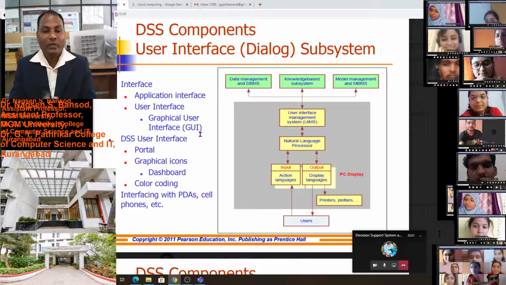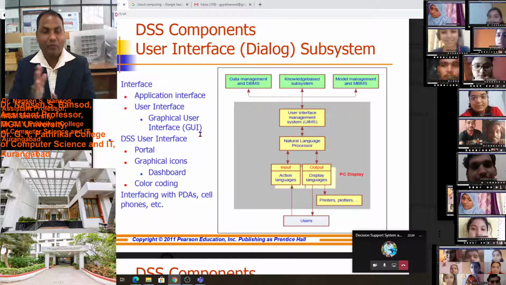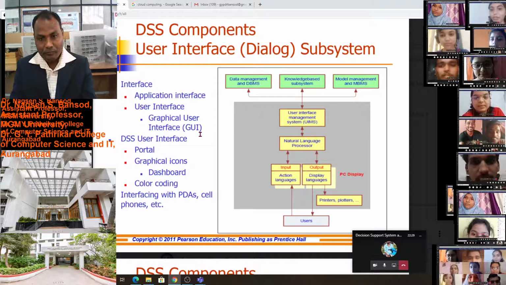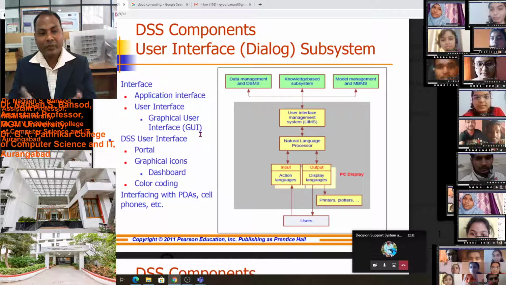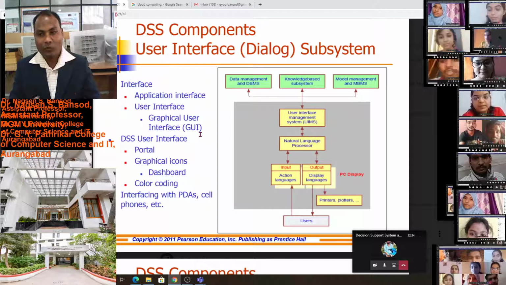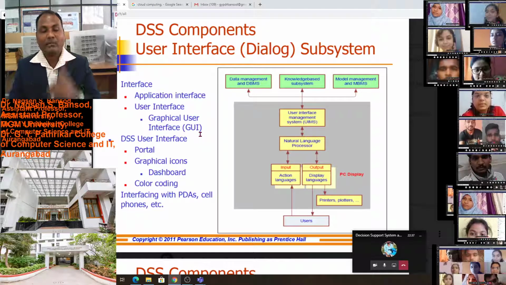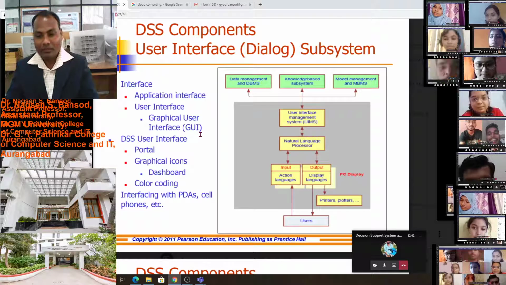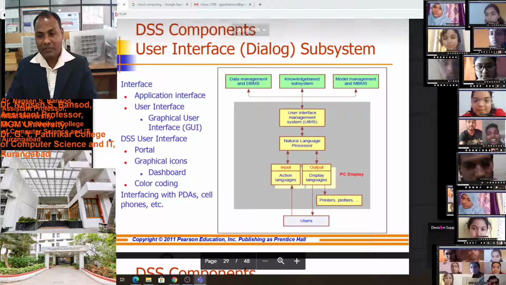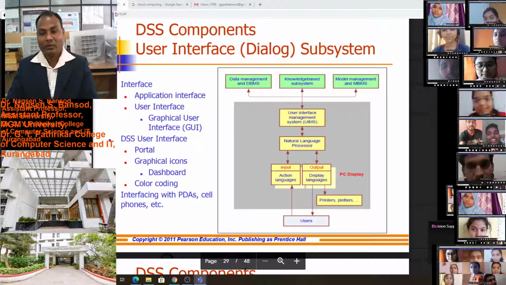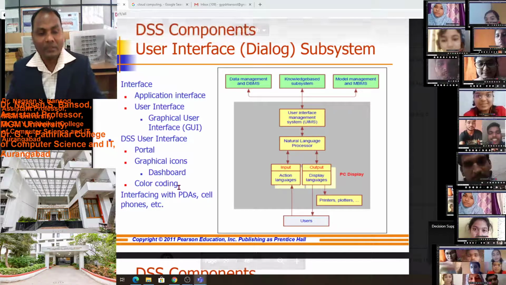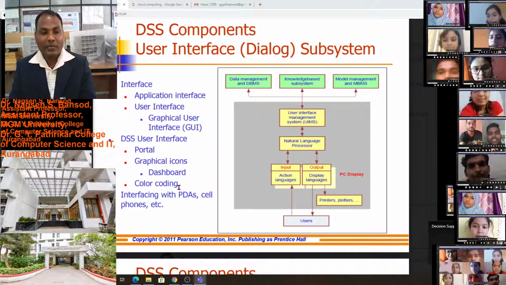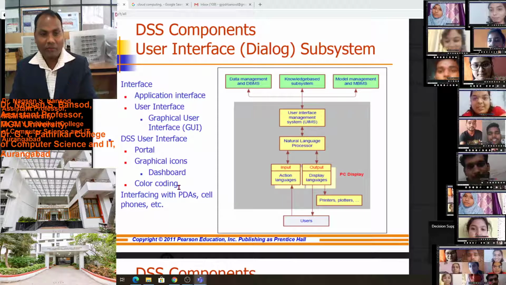For that we have to use a graphical user interface. We have to provide a graphical user interface with the software. Though there are very complex things behind that software at the back end, the front end should be easy to understand for all persons, including new persons who don't have knowledge about how to operate the computer, but they can understand if you provide a very good graphical user interface to them.